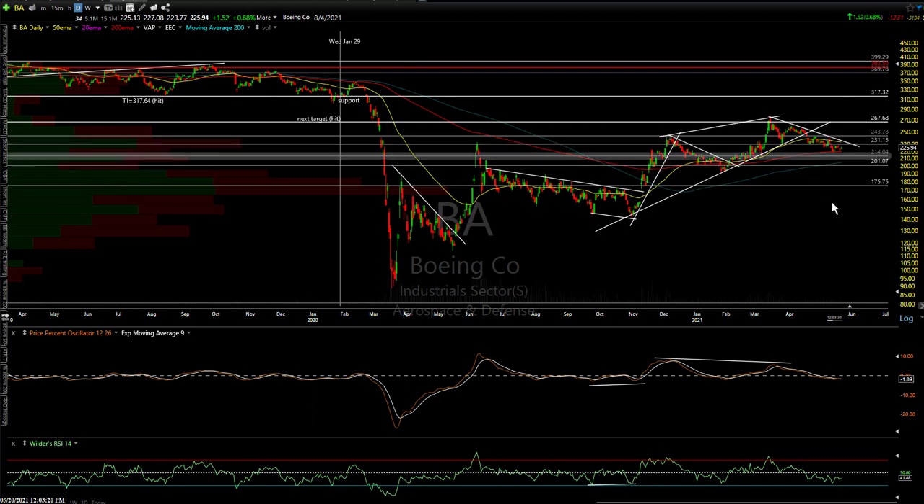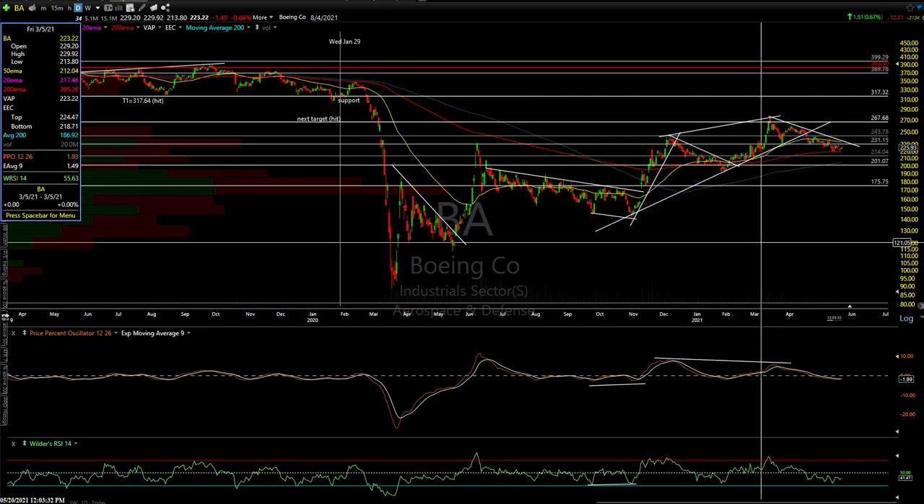Boeing, I'm not crazy about it. It's already broken down. Again, it had the same thing, divergent high. There was a trend line, and once it broke, it's been in a downtrend since. That was our divergence right there. RTX,